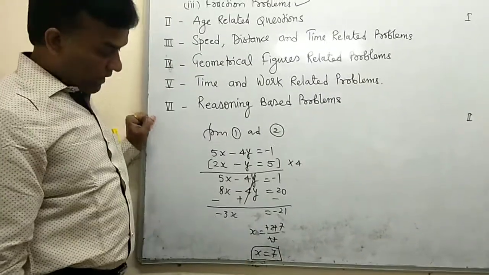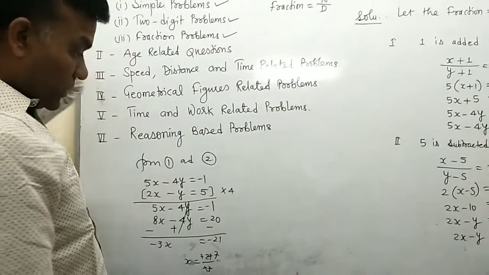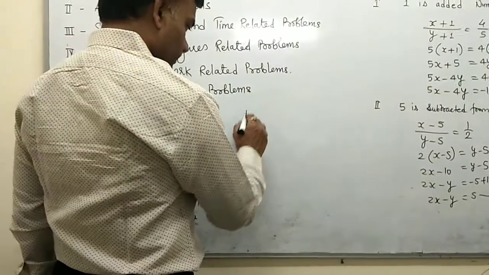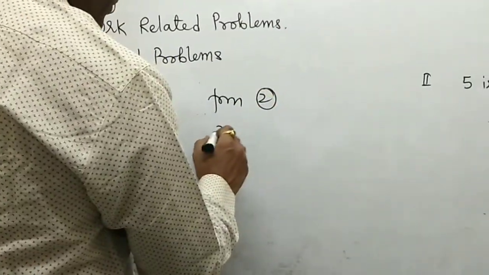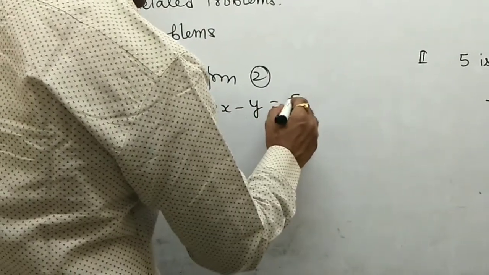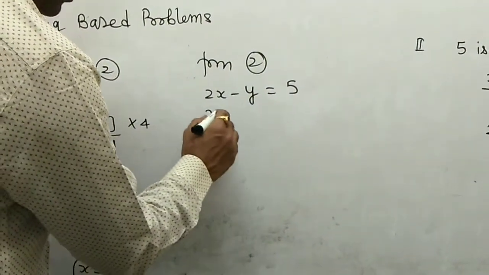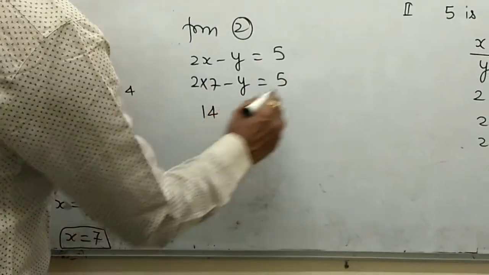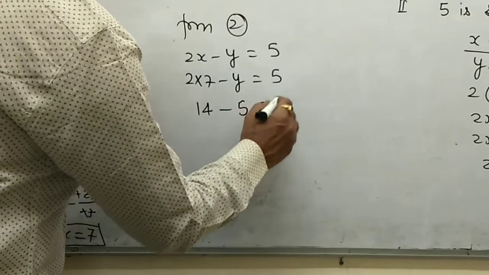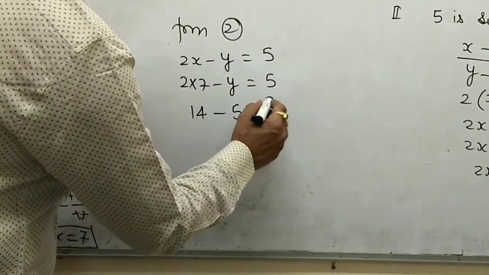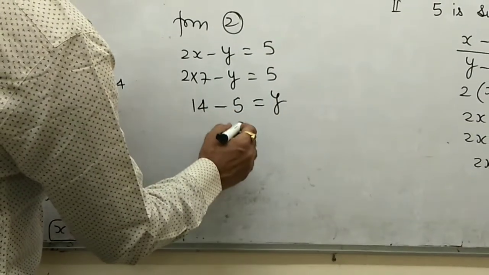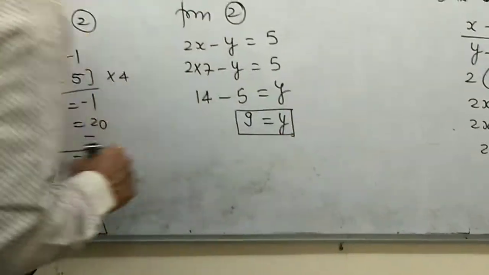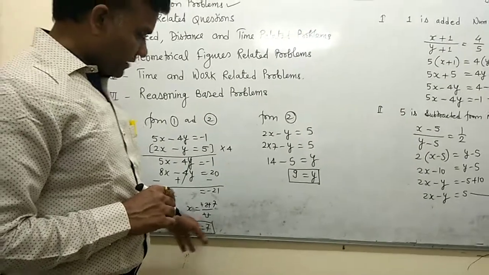So your numerator now comes here as 7, but the denominator you don't know. So second, you find the denominator. So now put in the second equation. From 2 you have 2x minus y equal to 5. Okay, so put the value of x here. 2 into 7 minus y equal to 5. So 2 sevens are 14. 5 comes here, and then minus y comes to the right hand side, so plus y. 14 minus 5 is 9. So y is 9. Okay, so now you have x and y both, x equal to 7 and y equal to 9.